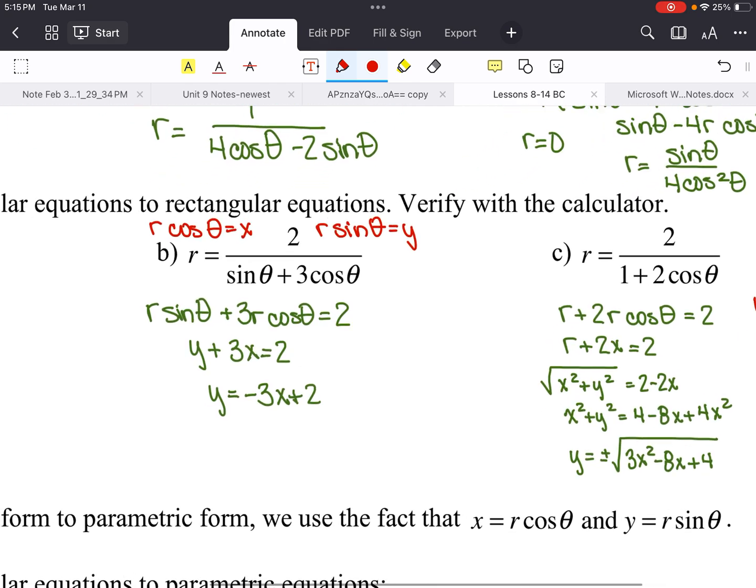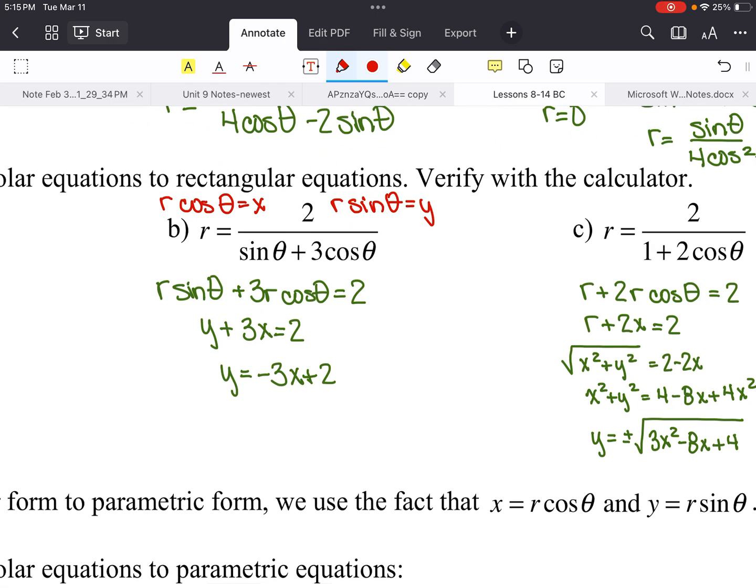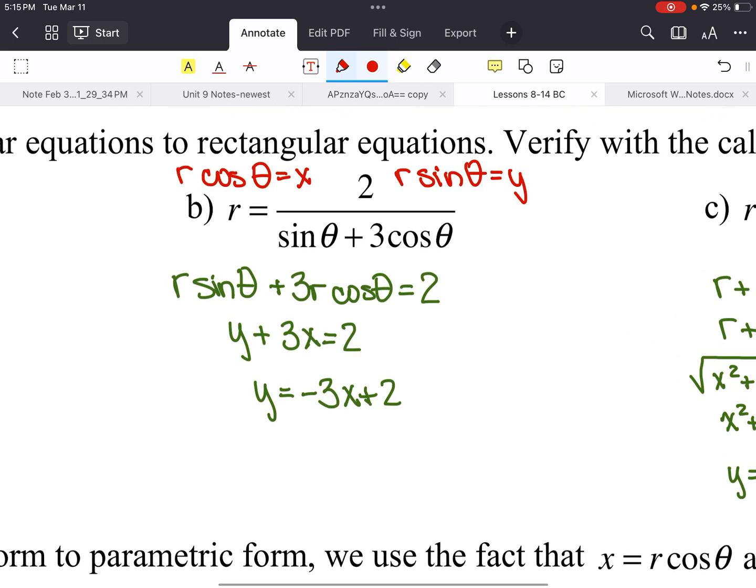How do you work backwards? Well, it's pretty much the same thing, but in reverse. I want to end up with an r sine theta and an r cosine theta. Because if I get an r cosine theta, I'm going to put an x in its place. And if I get an r sine theta, I'm going to put a y in its place. So when I look at something like this, if I multiply both sides by what's on the bottom,